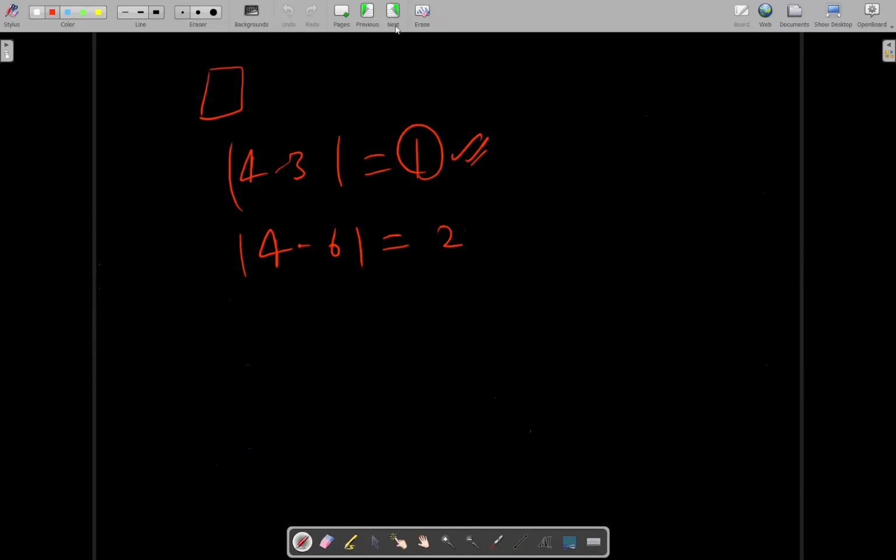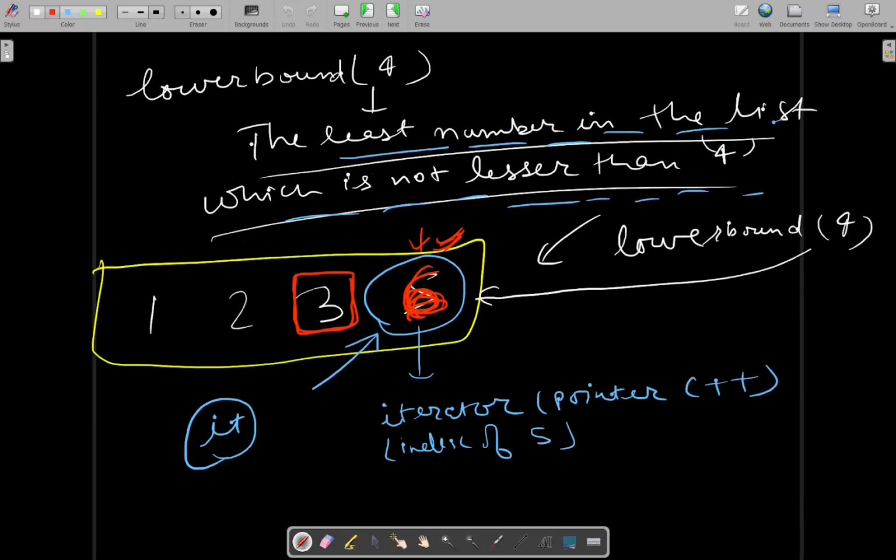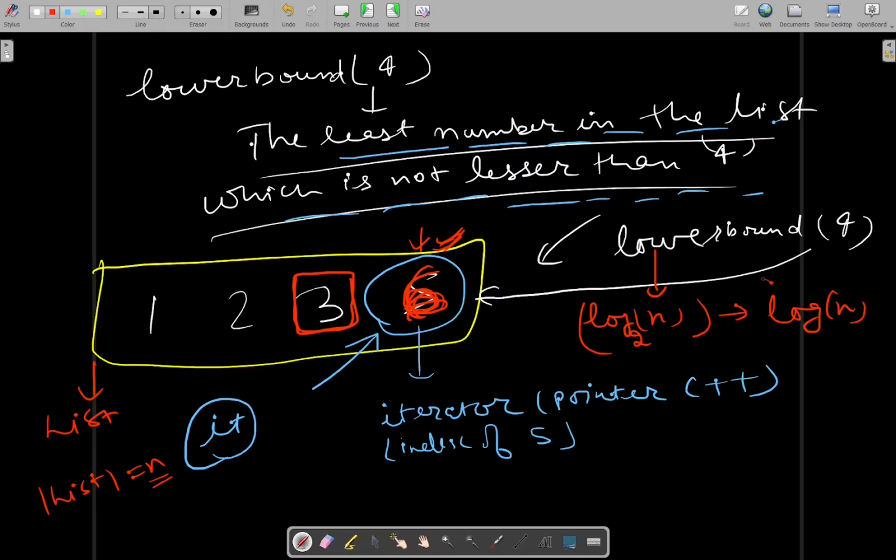So what we will be doing is, and what is the runtime complexity of this lower bound? This lower bound is nothing but a binary search. So it will be log of n, n is the length of the list. Let's call this list so the length of the list will be n. It will be log base 2 of n, which is formally log of n. So yeah, this will be the runtime complexity. And what you will do is,